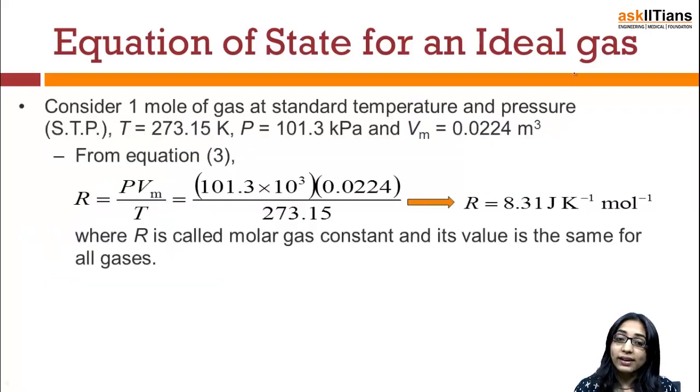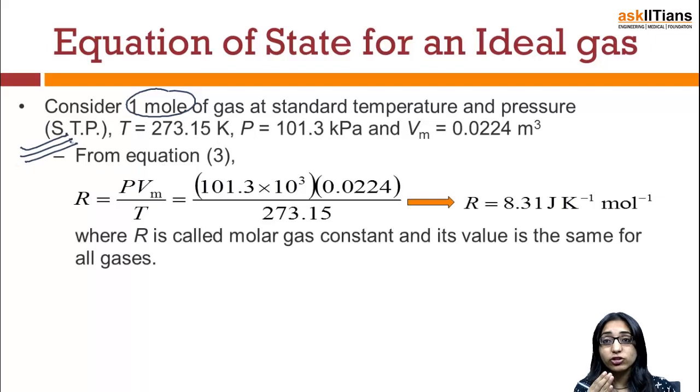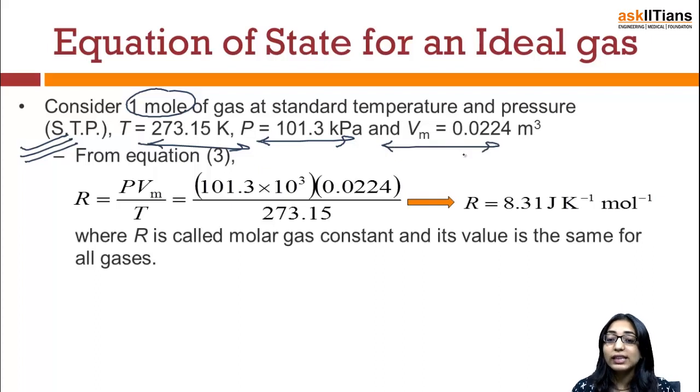Now let us move ahead and do the equation of state for any particular ideal gas. Let us consider 1 mole of a gas at standard temperature and pressure. So we define something which is known as STP conditions. STP condition means when the temperature and the pressure are at the standard values. The standard value of temperature is 273.15 Kelvin, and that for pressure is 101.3 kilopascals, and the molar volume Vm is 0.0224